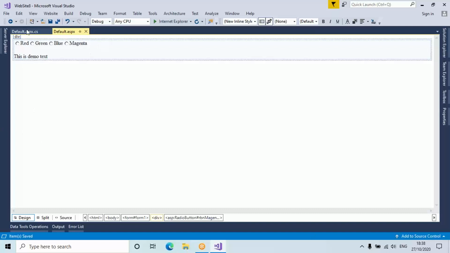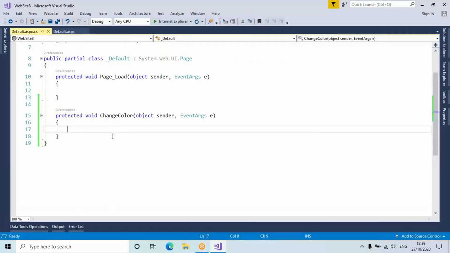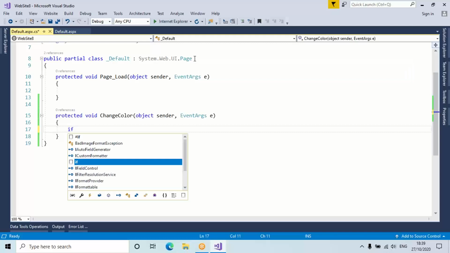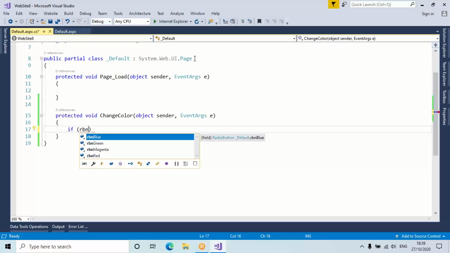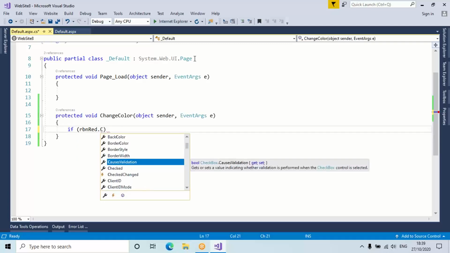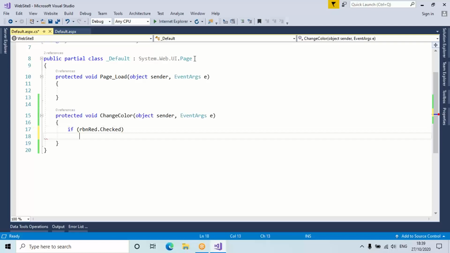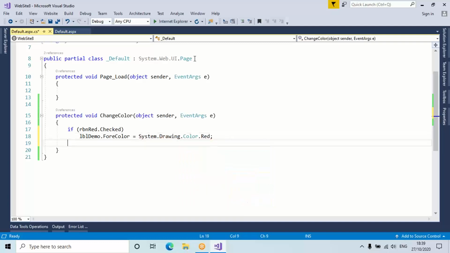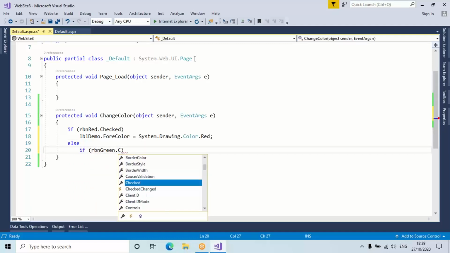Four buttons, no? Okay. Now how do you write logic for this? Whether it is that button or not, you have to check. If rbnBlue or rbnRed.Checked, yeah. So if it is checked, then change the color. lblDemo.ForeColor equal to System.Drawing.Color.Red. Then else if rbnGreen.Checked